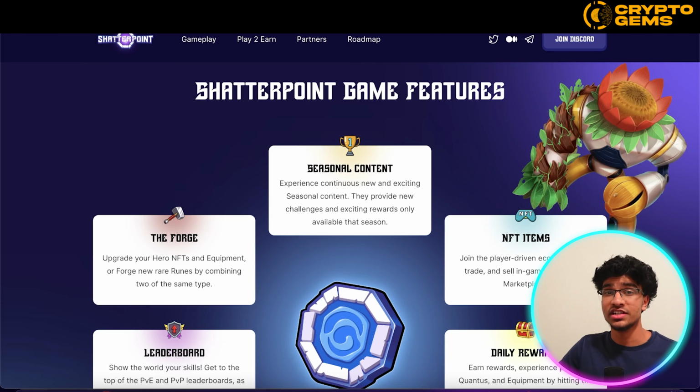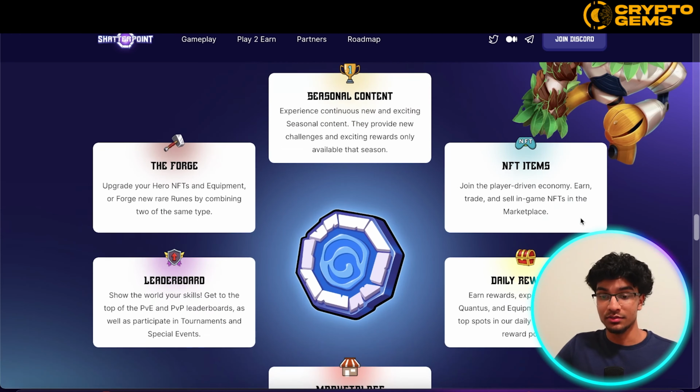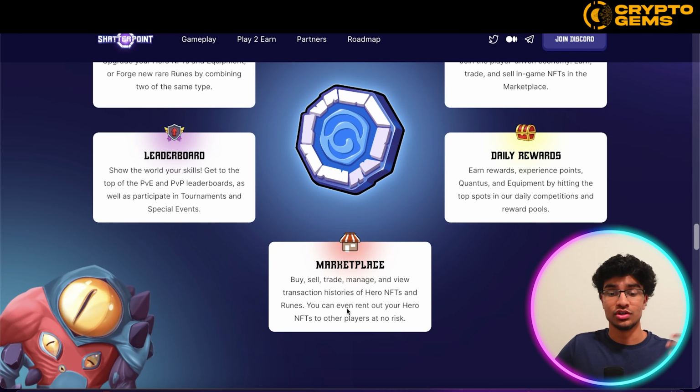As for more details and features of the Shatterpoint game, we can see over here they got seasonal content, they have NFT items, join the player-driven economy, earn, trade, and sell in-game NFTs in their marketplace. You'll get daily rewards, earn rewards, experience points, quantas, and equipment by hitting the top spots in our daily competitions and rewards pool. You'll get access to their marketplace where you can buy, sell, trade, manage, and view transaction histories